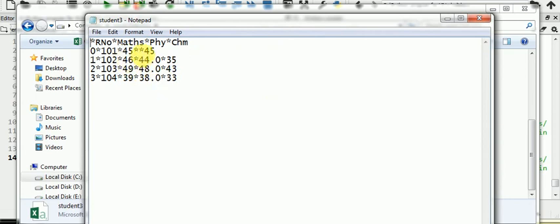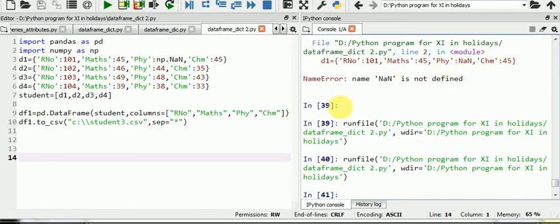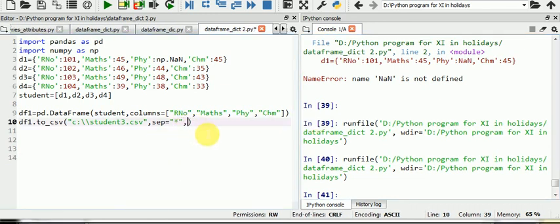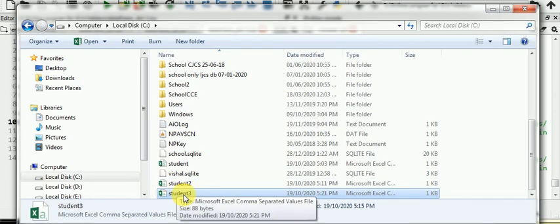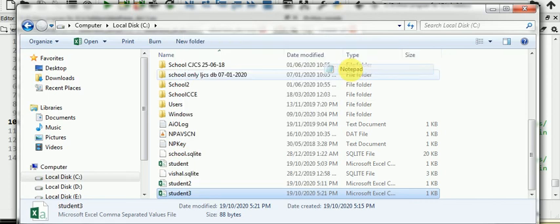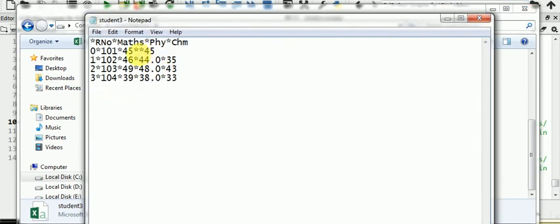Look here, a blank space appears here. In place of that, suppose I want to display null, I mean I want to display a null statement. For that purpose we can use na_rep equal to null, meaning there is a null value. Because when you open that data in Notepad, you will definitely get confused about where the value is.